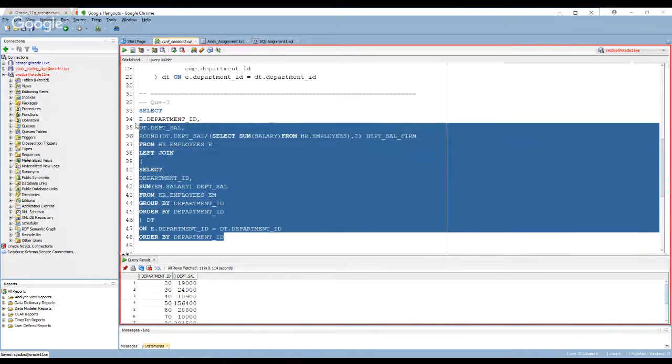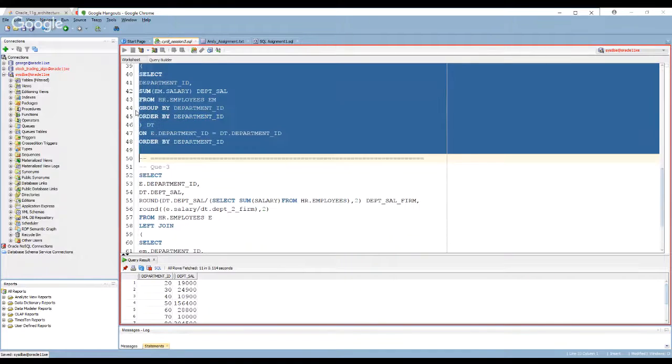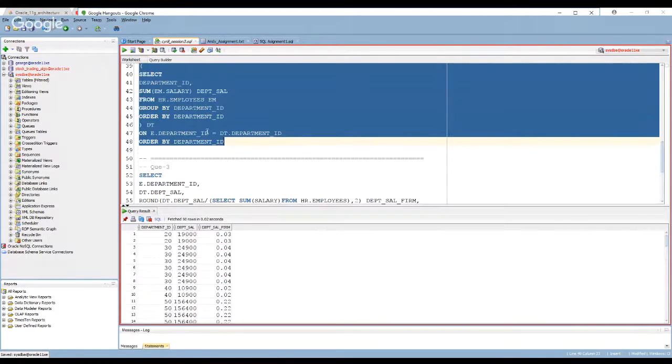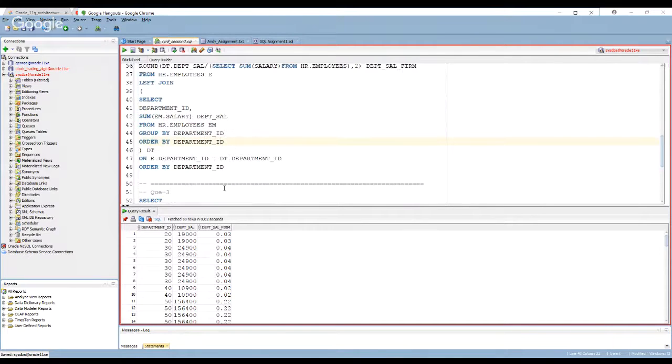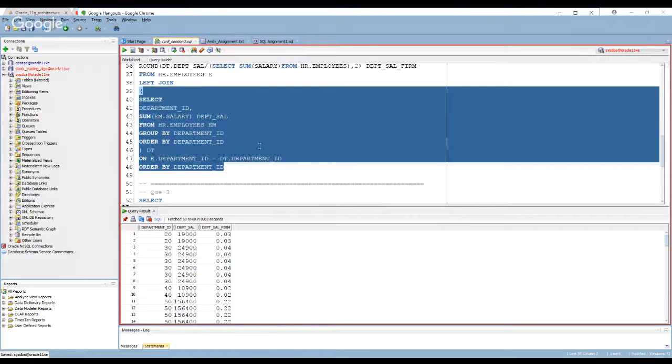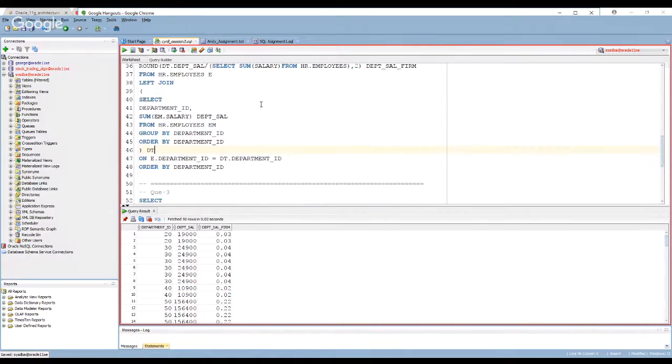So okay, let's run this one question. The second one seemed to be the one that had, yeah. So this one is sort of there, but it's not there because there's a lot of repetition, right?